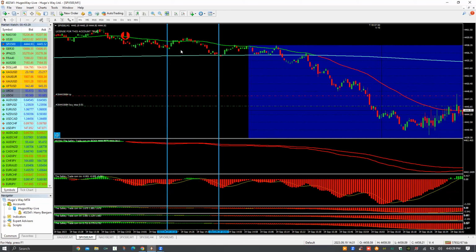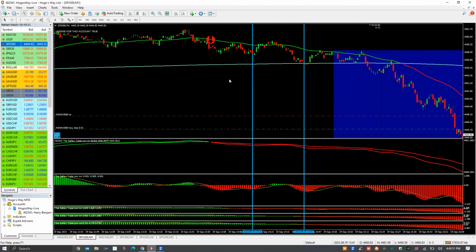So sometimes you get a good amount of leeway or a good amount of time, and when you get used to trading the thread, you realize that sometimes, all the time, NAS and SPX tend to follow US 30. Sometimes US 30 goes first, and then NAS and then SPX. But it could go in any particular order. But once two have crossed, the third one is gonna cross.